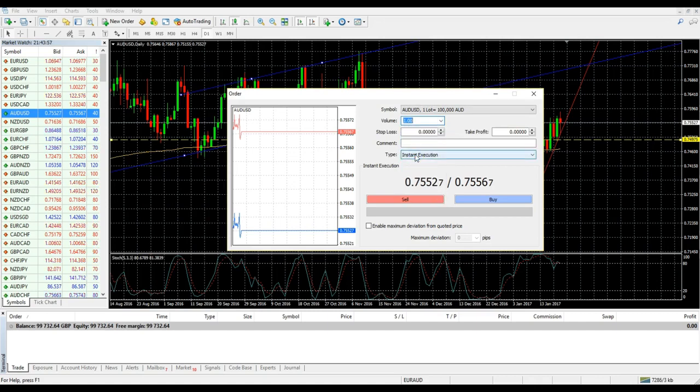The stop loss was 0.7289. The take profit was 0.7629. So let's plug those numbers in. So we have our stop loss, our take profit,